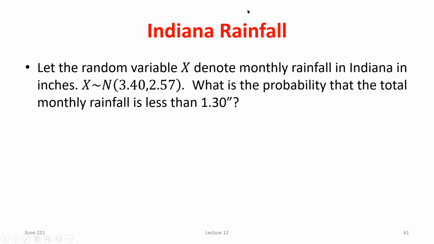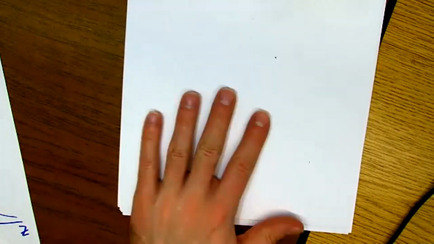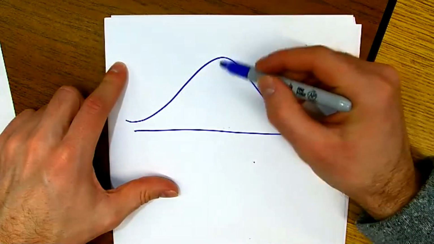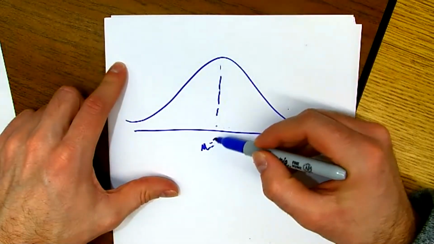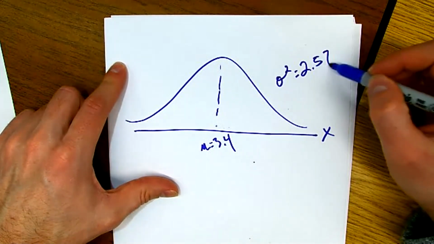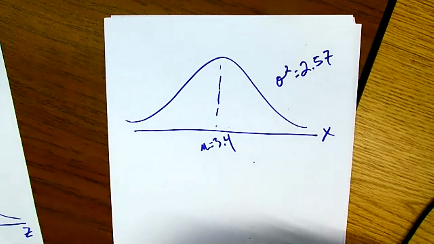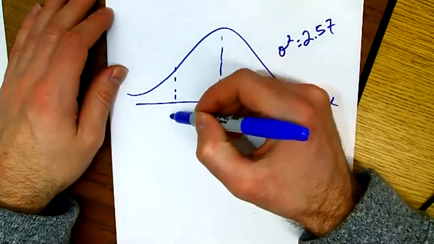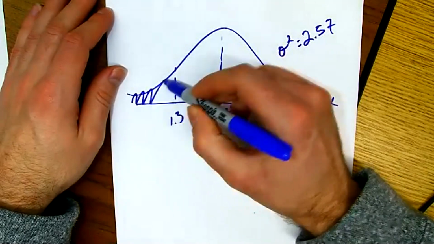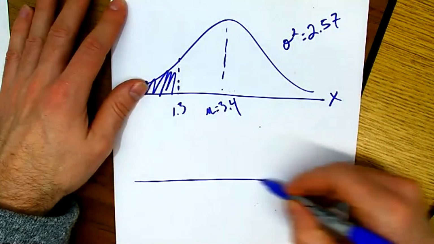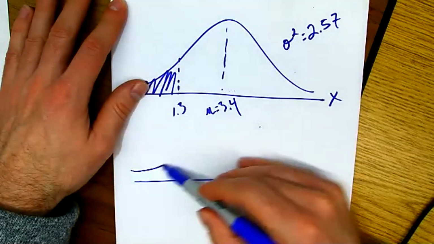So we've got the setup that we should be thinking about right away: we have this normally distributed variable x. The mean was what? 3.4. The variance was 2.57. Okay. We wanted to know what's the probability we saw 1.3 inches of rainfall or less. Right. So what I'm going to do is turn that value of 1.3